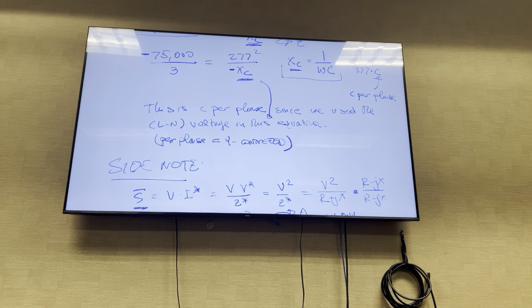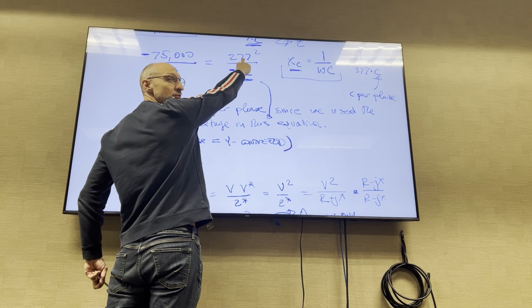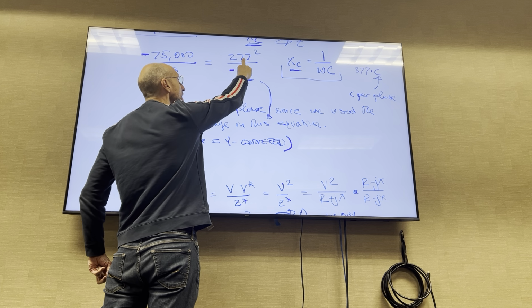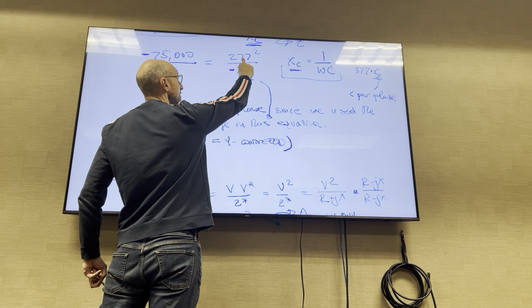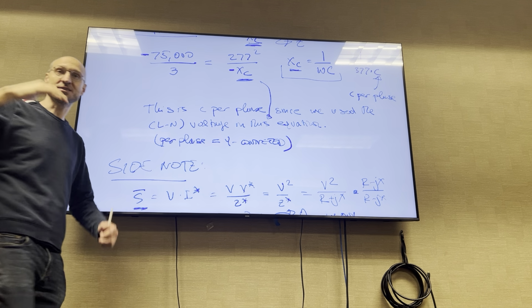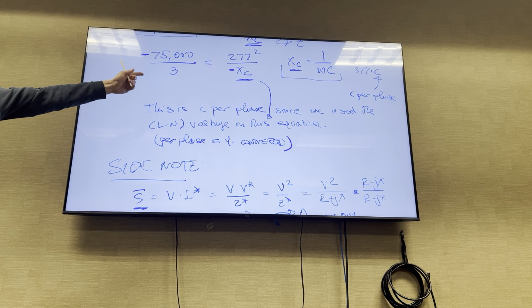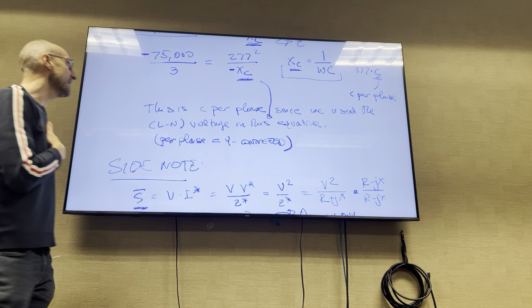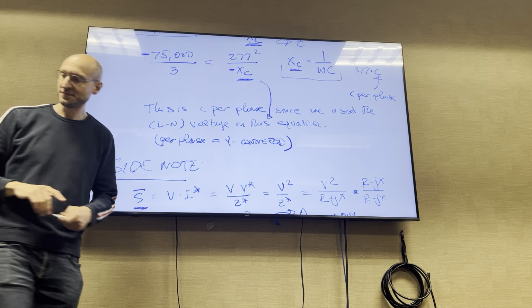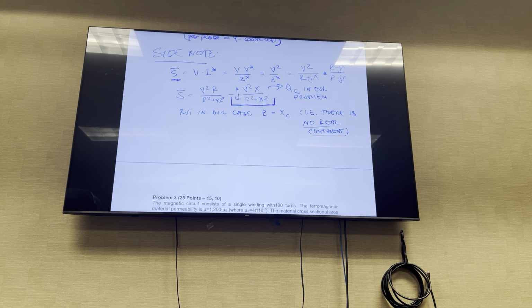Another way to think about it is, the simplest way I could do that is I could actually have used the 480 here. If I used 480 here, that's basically 277 times square root of 3. Why am I using 480? Because that's the voltage that would be applied over that capacitor. I should always do my analysis on the per phase equivalent. But let's write that out too. So not to confuse things, it's always best to follow